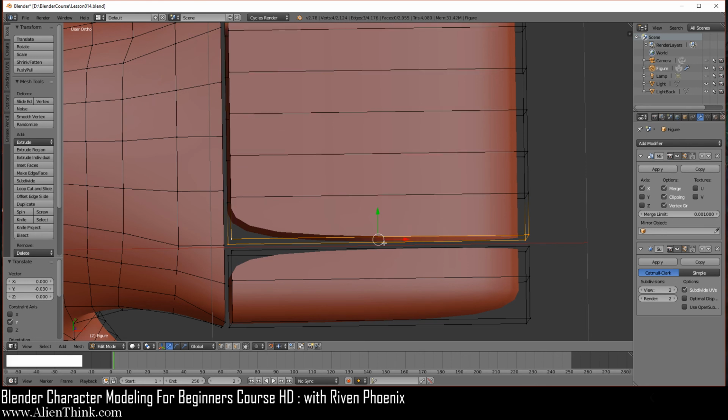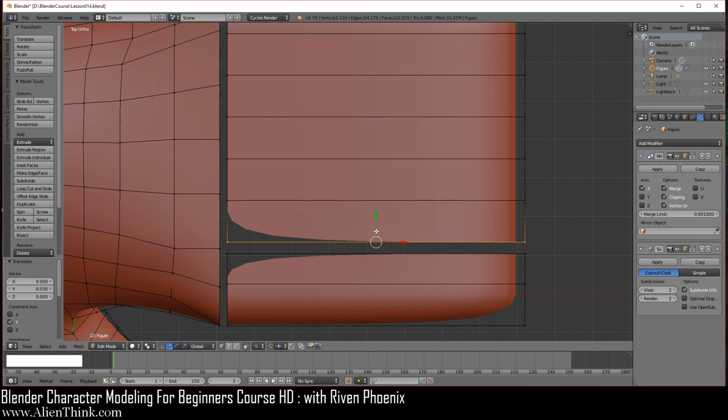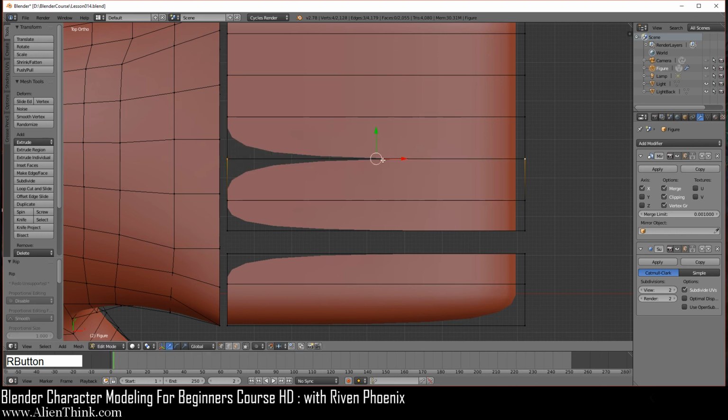So we just want this edge loop. Go to your top view over here. Now we're going to bring this up 1, 2, and then 3, okay? Do the same thing over here. Press Alt and then right click this one. Hover your mouse here. Press the V key. Right click to get out of it.